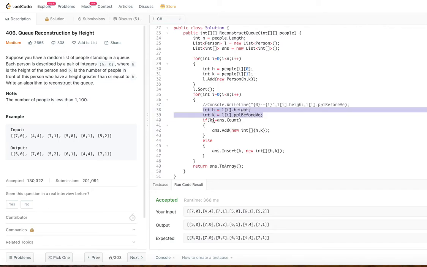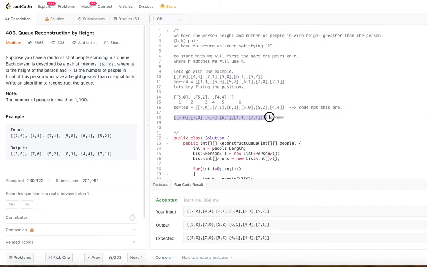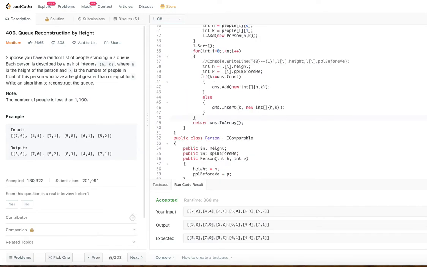So if the number of people, that is k, is greater than or equal to the answer count, so answer will be initially empty, right? That's what we initially started, right? So this list was empty when we started, but we kept on filling this list while going through the sorted elements, right? So in the same way we are going to do. So slightly different logic. So if the number of people is greater than or equal to the answer list, right? So initially the answer list will be empty, right?